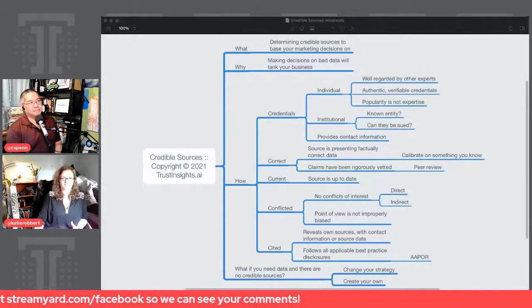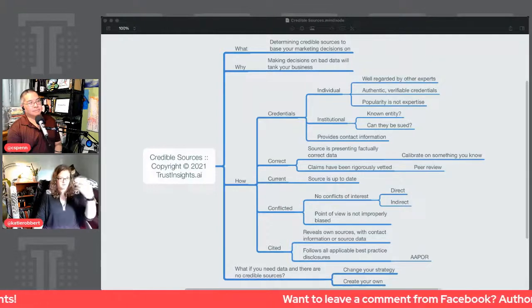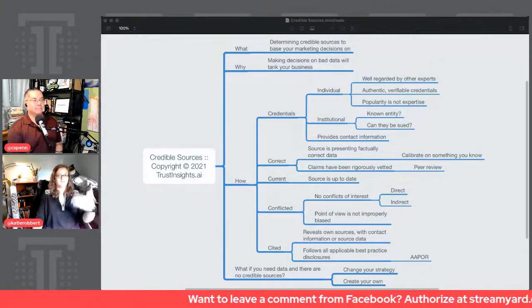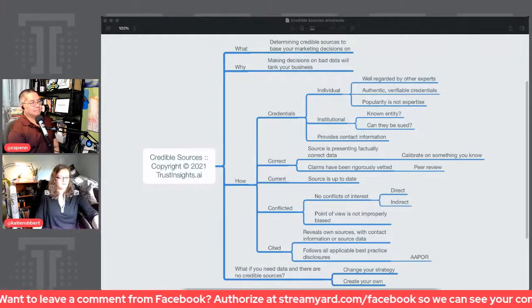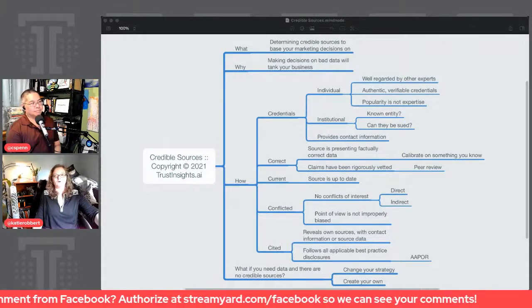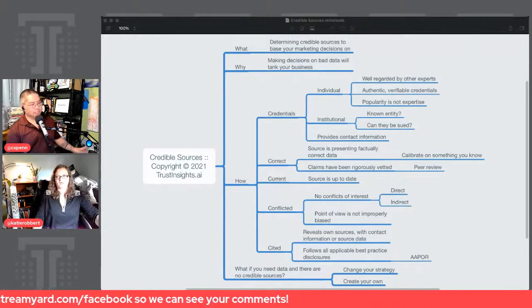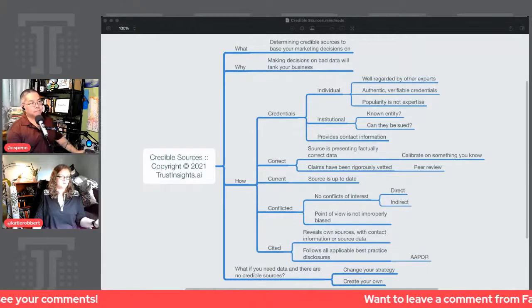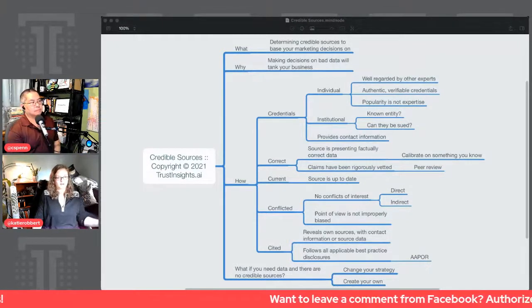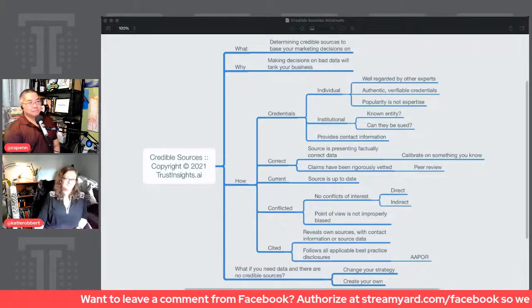A good way to test that is, amongst your Slack communities or Facebook communities, wherever else you have those kinds of communities, you can just ask the question, who do you know who's an expert on X? And if you start to get similar names, like if you say, in a Slack community, who do you know who's an expert on Google Analytics, or who do you know who's an expert on machine learning and marketing, you would naturally assume that Chris Penn's name would come up. Hopefully.